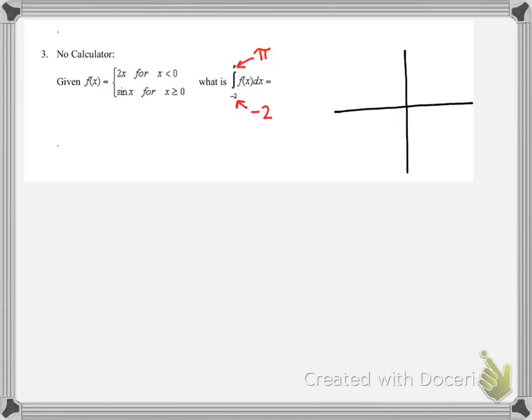In this problem, you've been asked to find the definite integral of a piecewise function. And so when x is less than 0, we have the graph of 2x, and the graph of 2x looks like this. We have an open circle. And then we have sine of x greater than 0. So we're going to have sine looking like this,